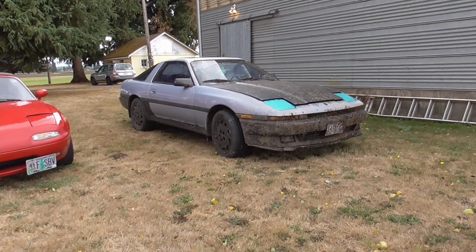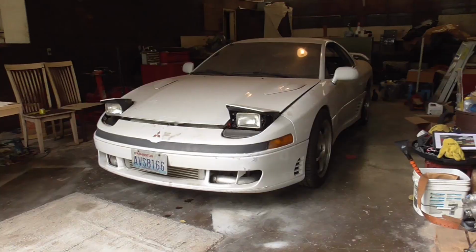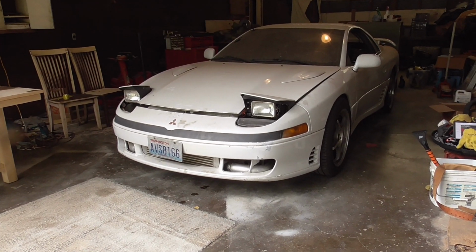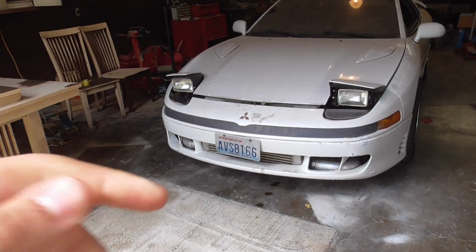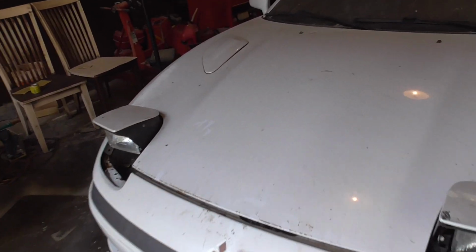It's absolutely awesome, but I also got another one of my dream cars. BAM! I'd been wanting a 3000 GT since high school, and finally it has come to be mine. This car is absolutely incredible. There's so many great things about it. For starters,